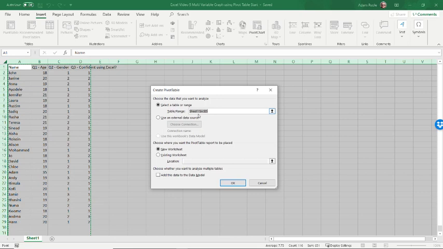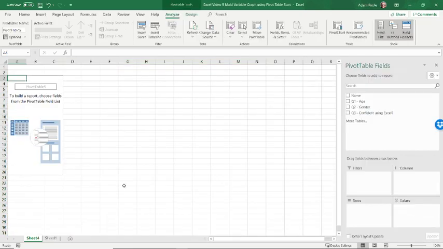box. And again, we've already collected the data, and I'm going to choose a new worksheet, as very often you'll find that a lot of the space will be filled up with other data. So I personally always prefer to start a pivot table on a new worksheet. So I'm going to click on OK, and again it's opened it in a new tab down here. So I'm not going to bother naming them, but it's always good practice to name them. So here we've got our pivot table, here we've got the pivot table fields, and as I say, what we